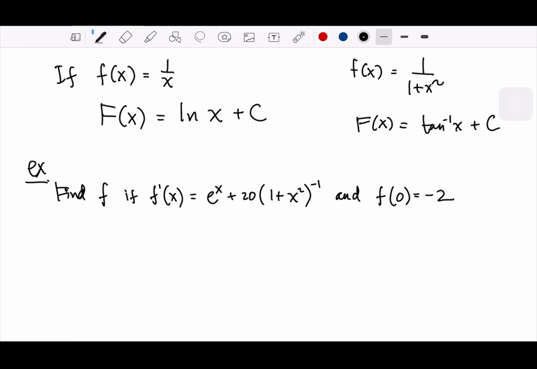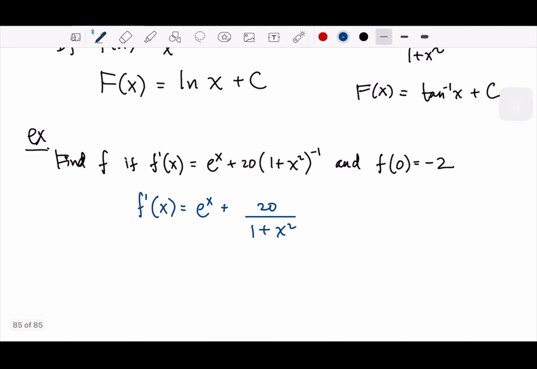So they give all the information you need. They give you the derivative of the function, and they give you the constant when x is equal to 0. So if you try to write f of x, you can write this. You can have a sense that if we want to take this into the antiderivative, we will have,